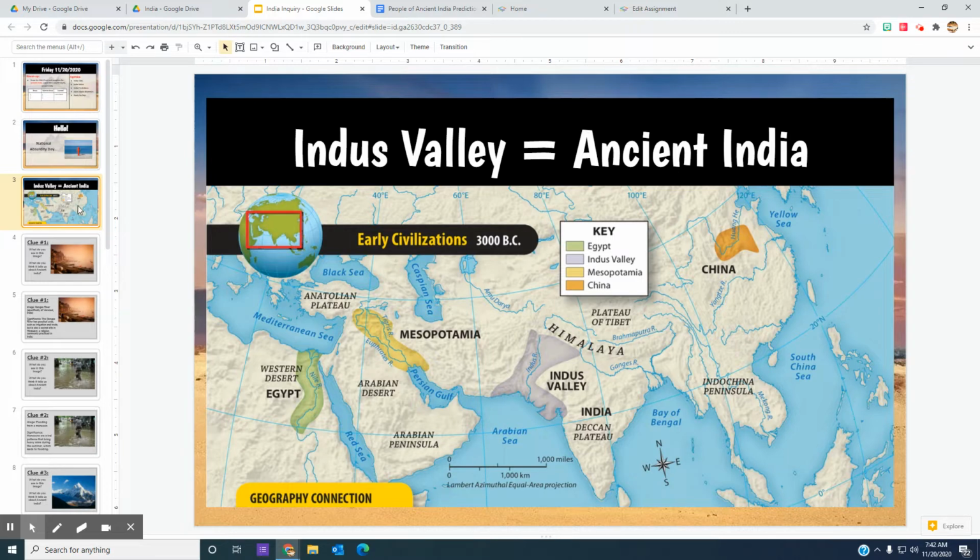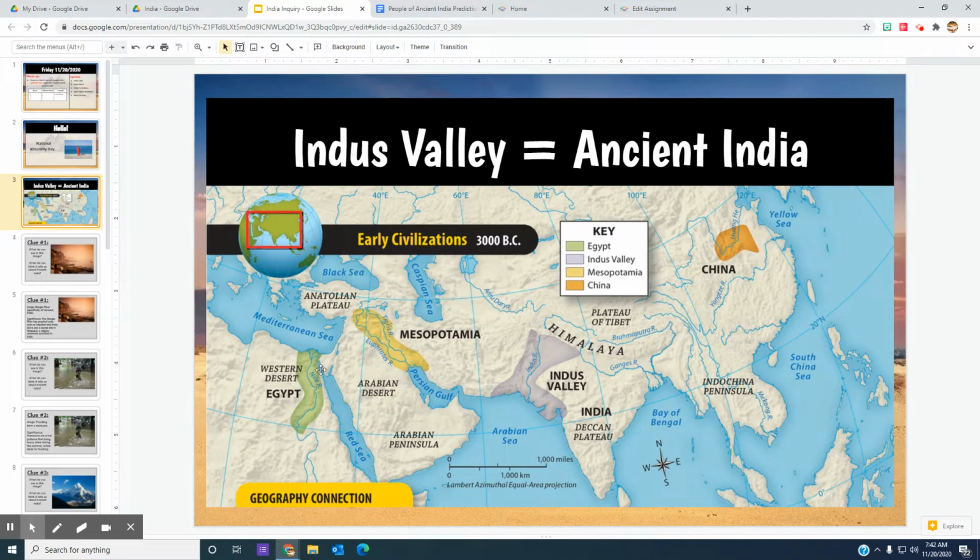Yesterday, I showed my classes where ancient India was located. So today, I want to show you as well. Mesopotamia is located here, right between the Tigris and Euphrates River. And this is the first civilization we learned about because Noah's Ark landed in Turkey, and his descendants spread all across the earth.